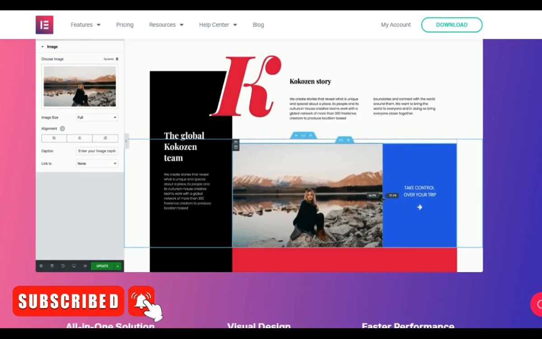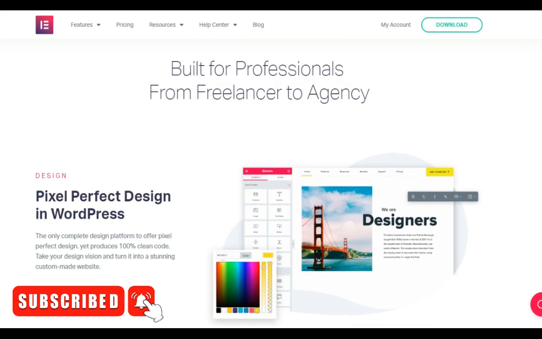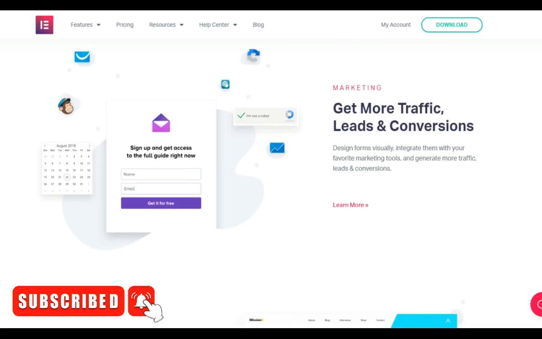So you're kind of getting an idea here. Scroll down here. It says built for professionals, from freelancers to agencies. So you can use this, for example, if you're a web designer, a website master, or anything like that. This is great to use for your clients.